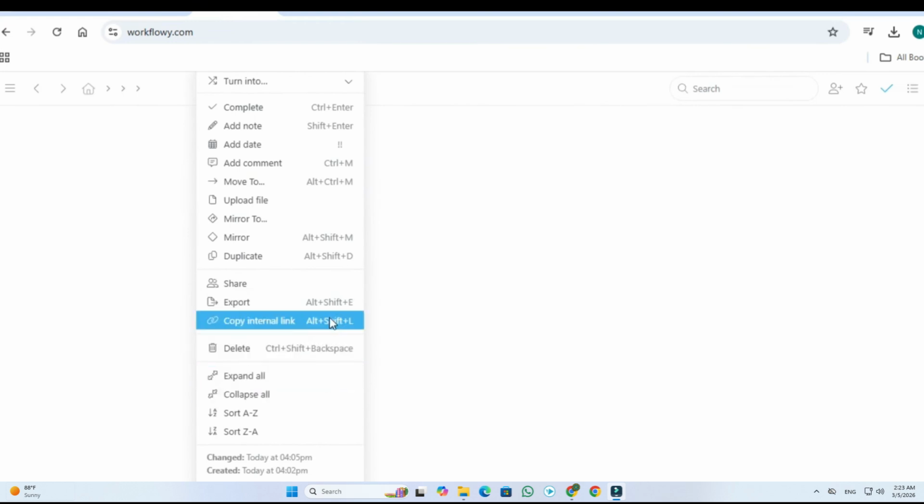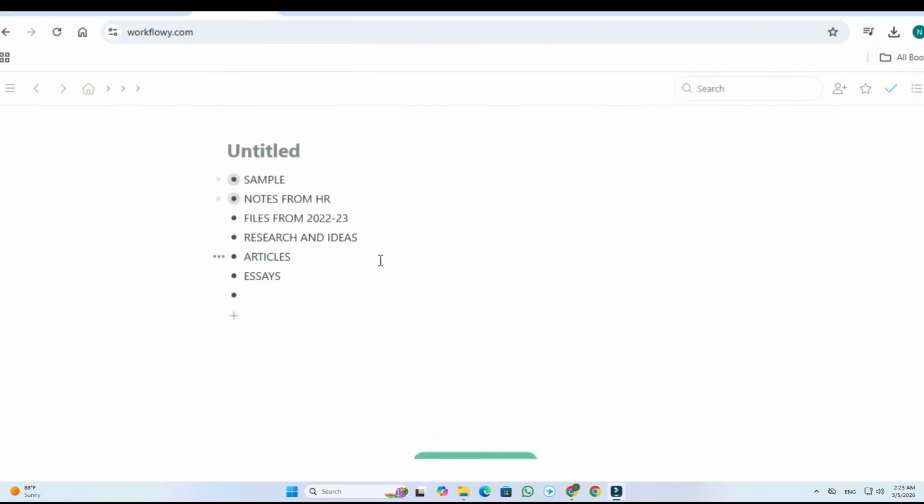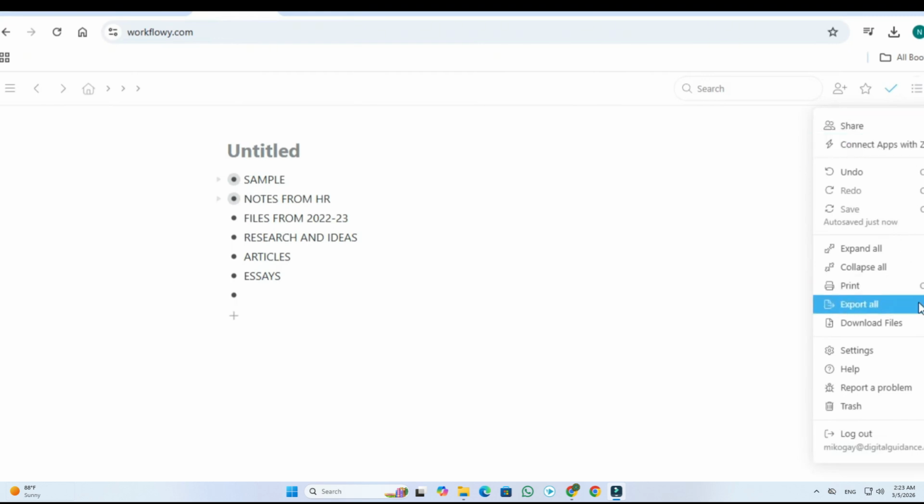Connecting WorkFlowy with other apps. WorkFlowy can integrate with tools such as Trello for visual project management, Evernote for advanced note-taking, Slack for team communication,